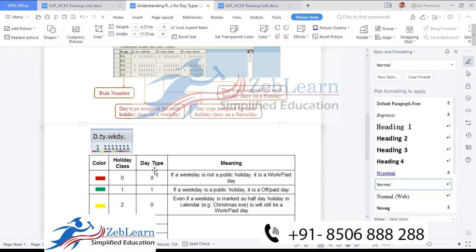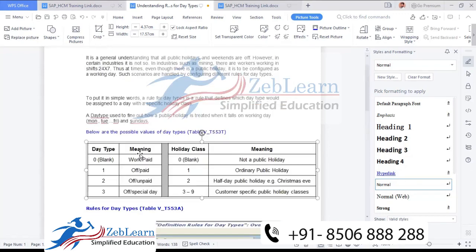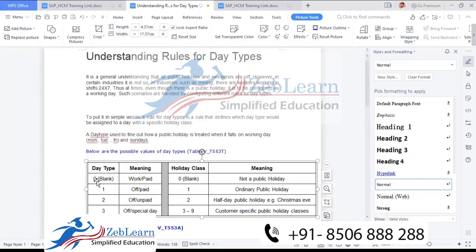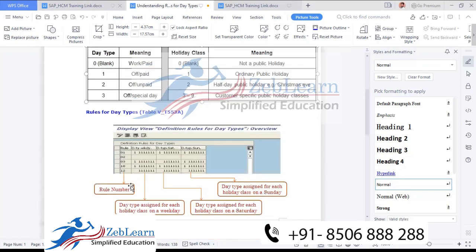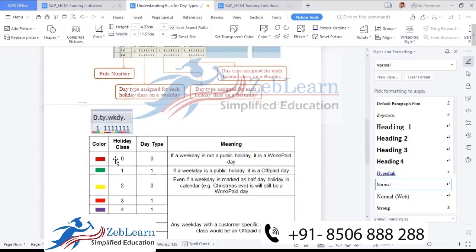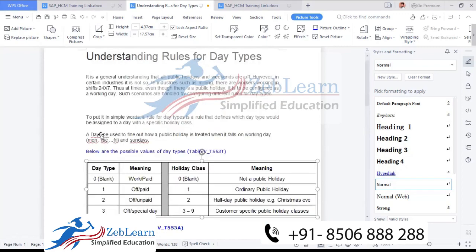Now, second, day types. Above these spaces something is written as 1, and somewhere it shows blank. We already know that for day types, blank is considered 0. That means work day. So what is the meaning of 0?